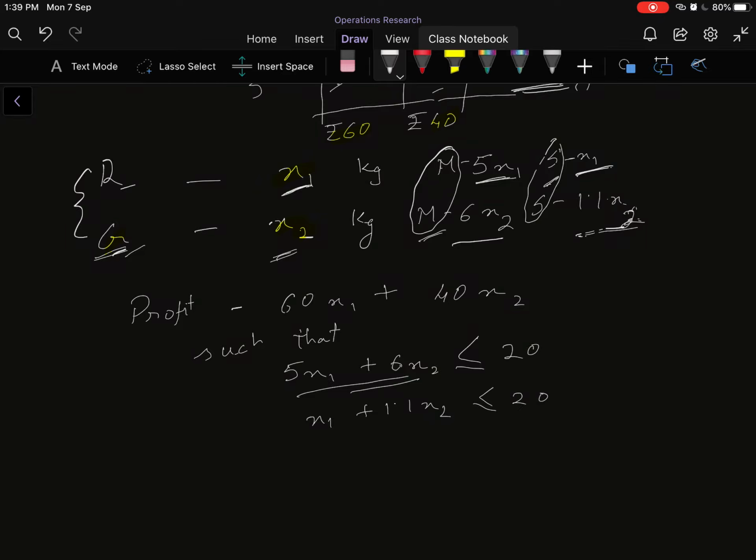So whatever decision he gets by solving all these expressions together, it can never violate this particular condition, that both x1 and x2 are to be either greater than 0 or at best equal to 0, but can never be less than 0. That is, the person can never produce any negative quantity of rasgulla or negative quantity of gulab jamun. That is simply not possible.